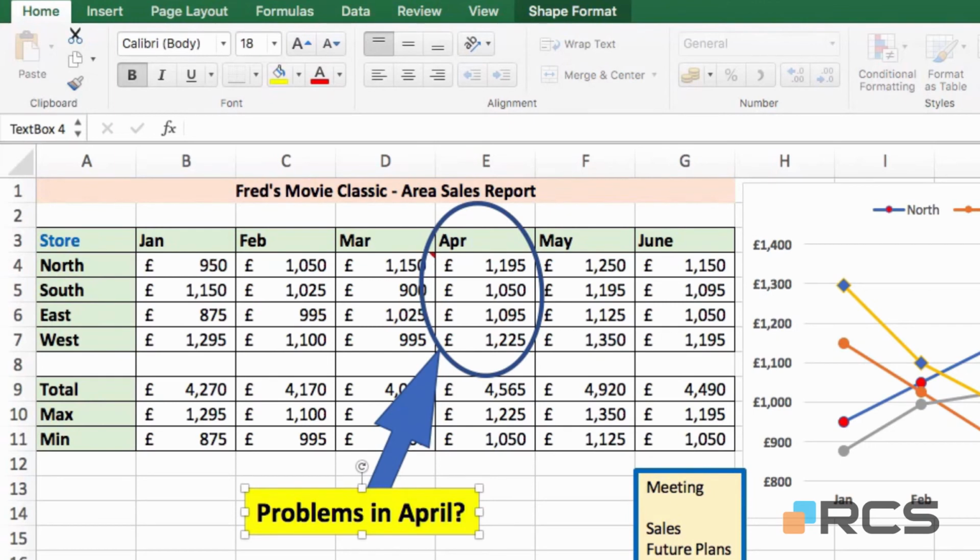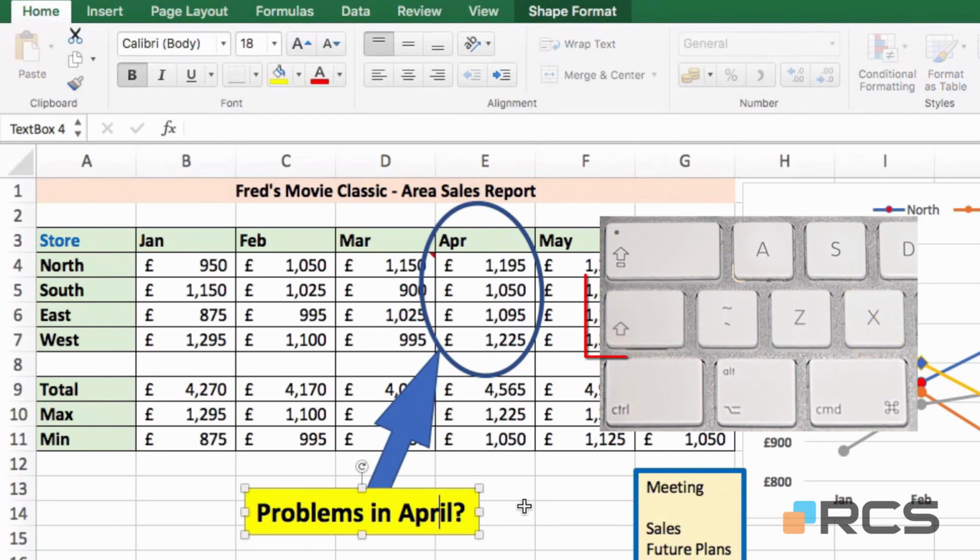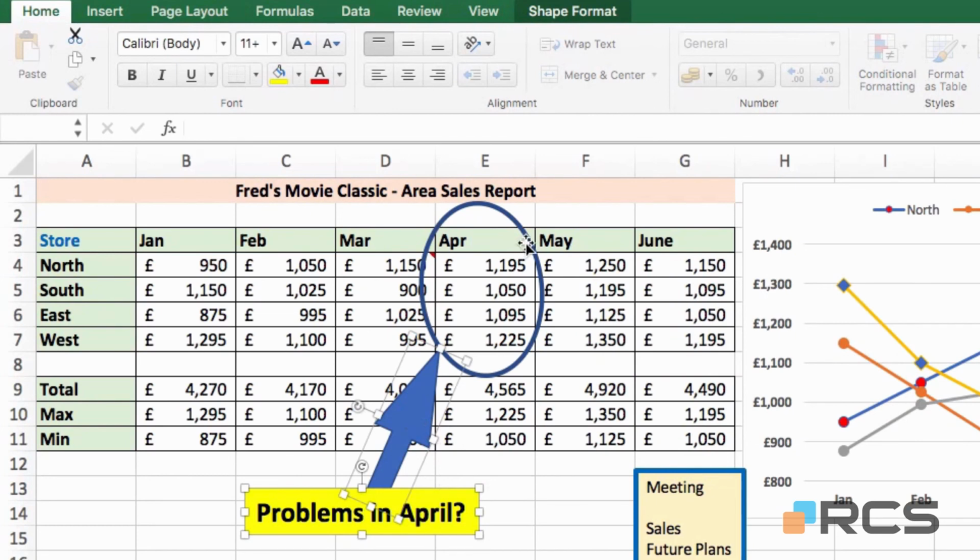Now that I've got those graphic objects just where I want them, I want to actually group them all together, so if I do move them, they all move in unison. And to do that, first of all, I'll click away completely and we'll look at the process from the beginning. So I want to group these three objects, the circle, the arrow, and the text box. First of all, I'll click anywhere on the text box, hold down the Shift key, click anywhere on the arrow, hold down the Shift key again, and click on the circle. So those three objects are selected, and again remember, you just hold down the Shift key to select those multiple